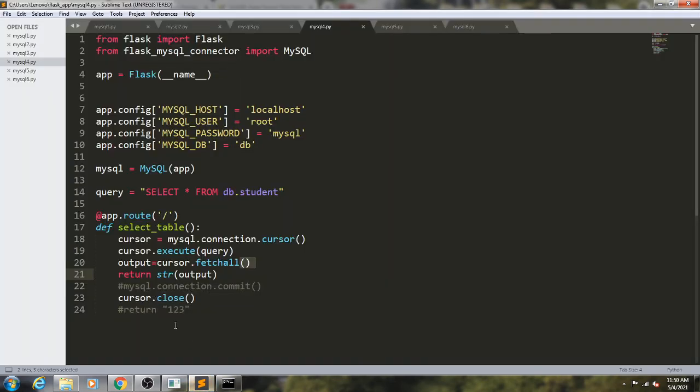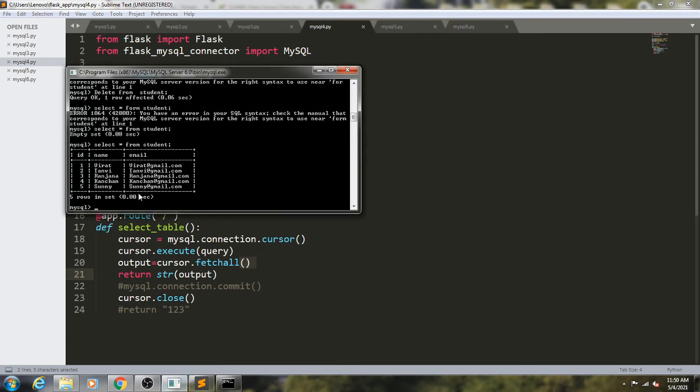So this is the table, and this table has 5 records. We can display all records by using the fetchall method. So this is the script with which we can fetch all records from the table.